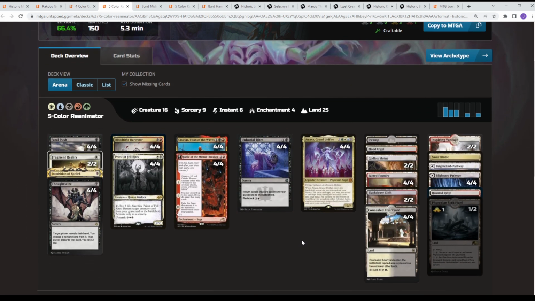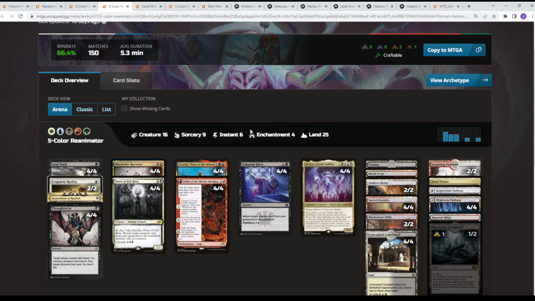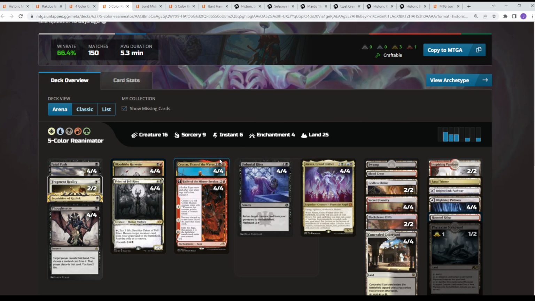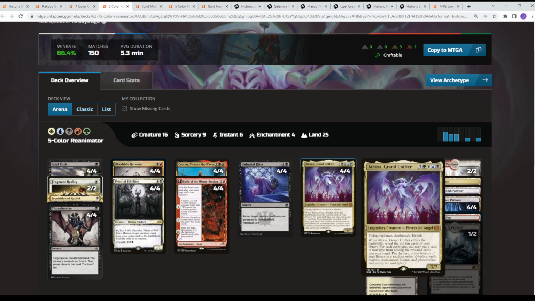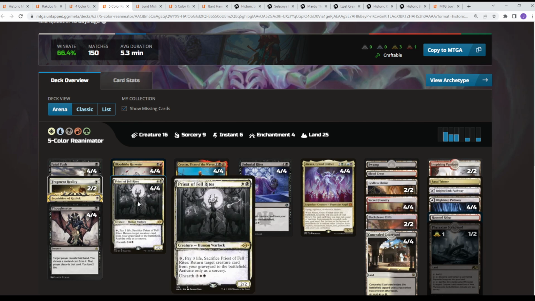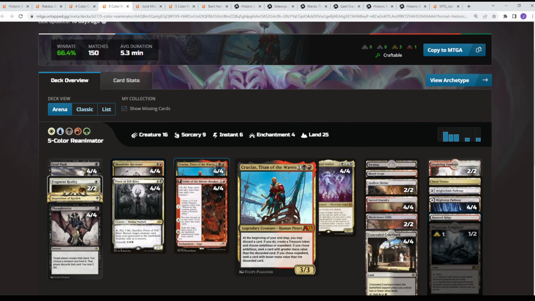So this was a list, I believe, from the Arena Championship, the last one. It's really a Mardu Reanimator deck. The core of this deck, again, Cruicius is the engine, but basically you're trying to throw Atraxa into your graveyard and then reanimate it either with Unburial Rites or with Priest of the Fell Gods. You can throw Atraxa into the graveyard with either Bloodtithe Harvester or Fable the Mirrorbreaker or Cruicius